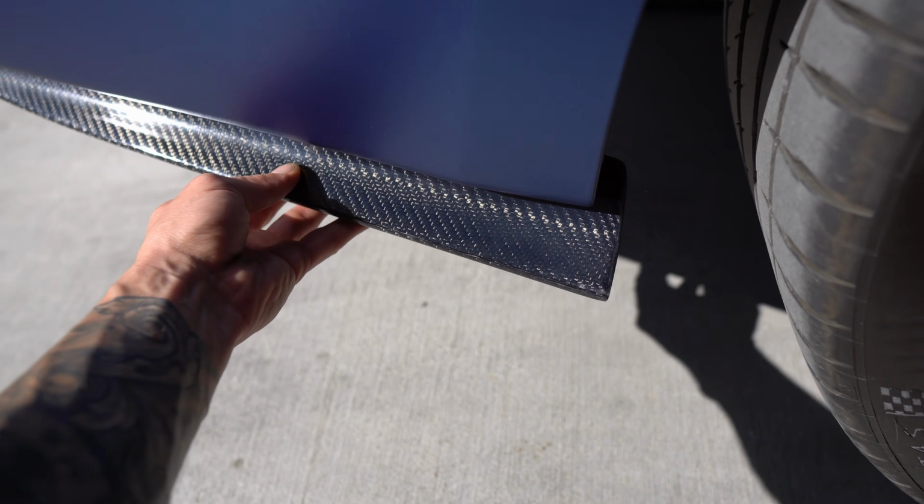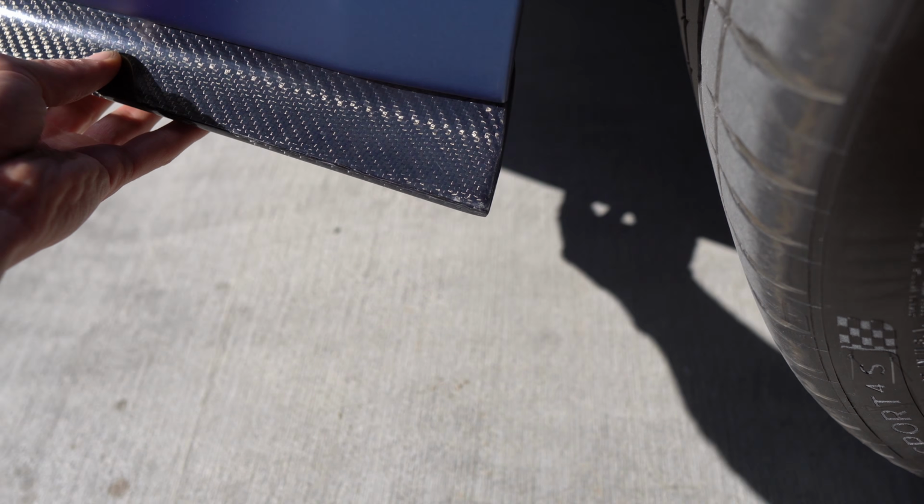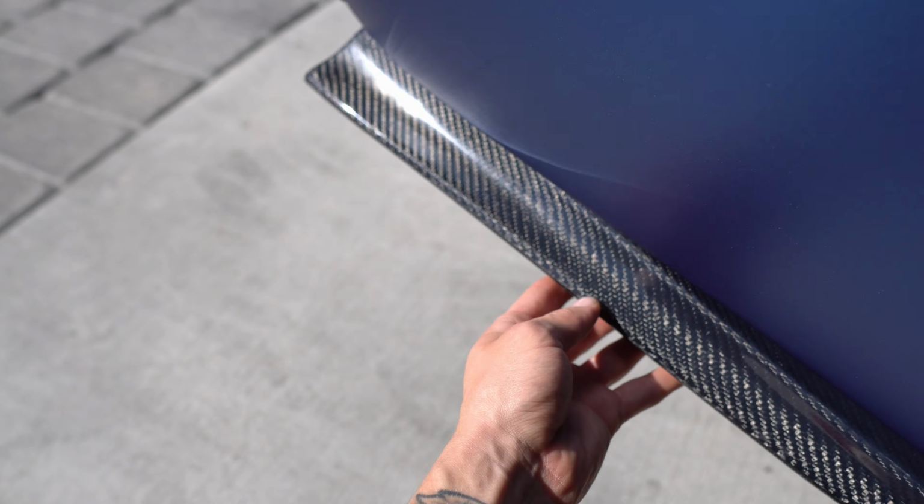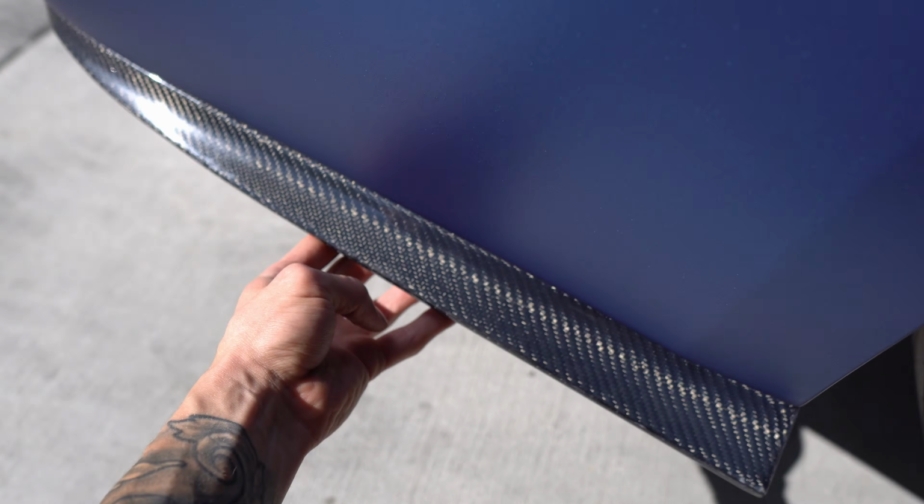So when it comes to these, it's really just preference. I've seen people do them where they're like this and the squared portion kind of sits right behind the wheel, and I've seen people do them like this for more of an aggressive look where the point is right behind the wheel and it goes back kind of to like a block off like that. I don't like it that way, so we're gonna do it like this today, like that,